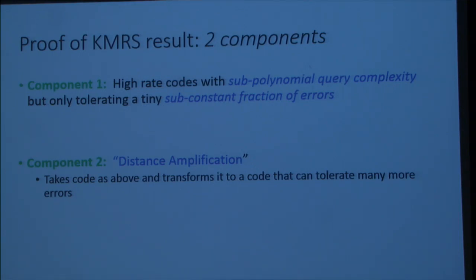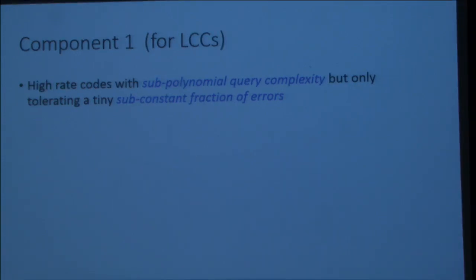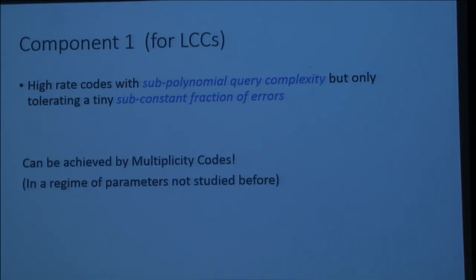And for the second component, we'll have a little gadget or a transformation which takes a code of bad distance and makes it a code of good distance without losing too much in testing and correcting. So it will be an operation which improves the distance. At least for the LCCs, the first component, where we want subpolynomial query complexity but we don't mind losing in the distance, can be achieved by multiplicity codes, one of the families of codes which went